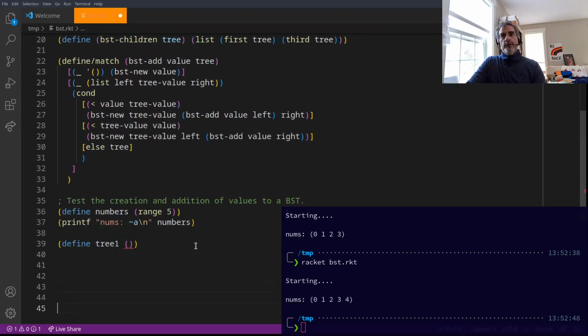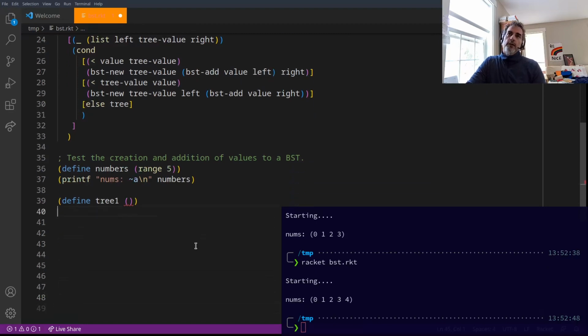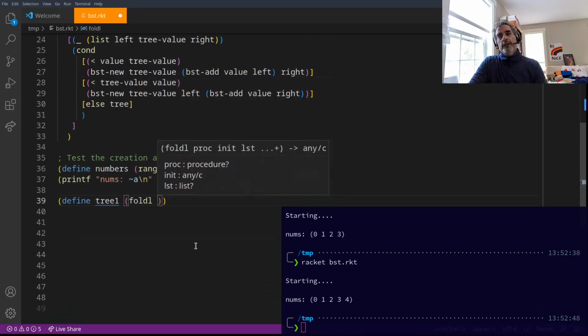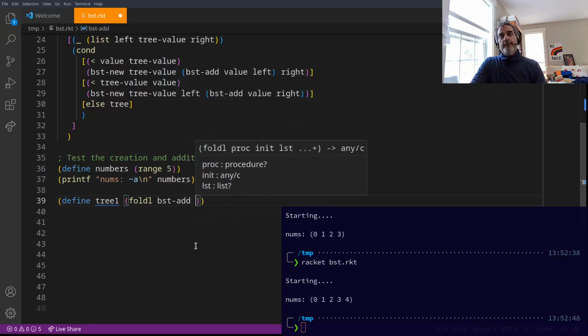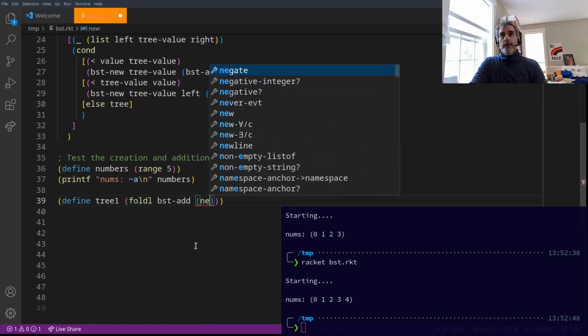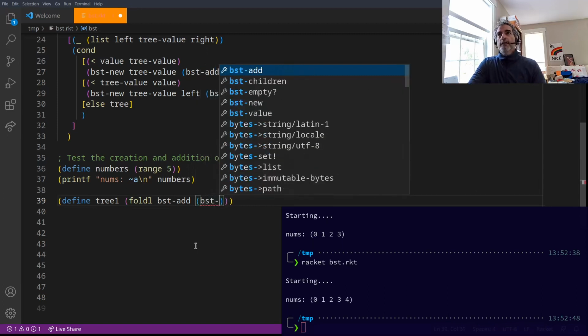What is a useful function at this point? It's probably we want to insert each of these. So it's a fold, and we're going to fold over some procedure. What are we doing? We're going to fold each element into what? A tree. What are we going to do? We're going to add into a tree